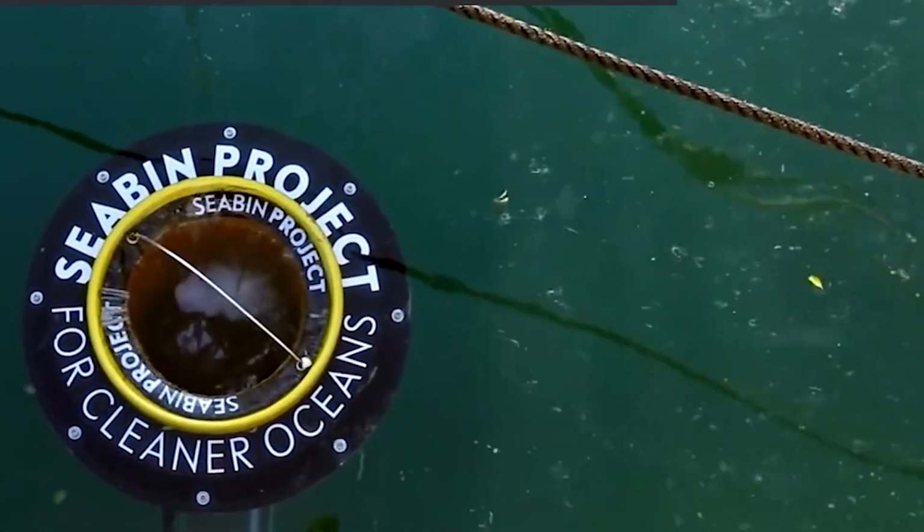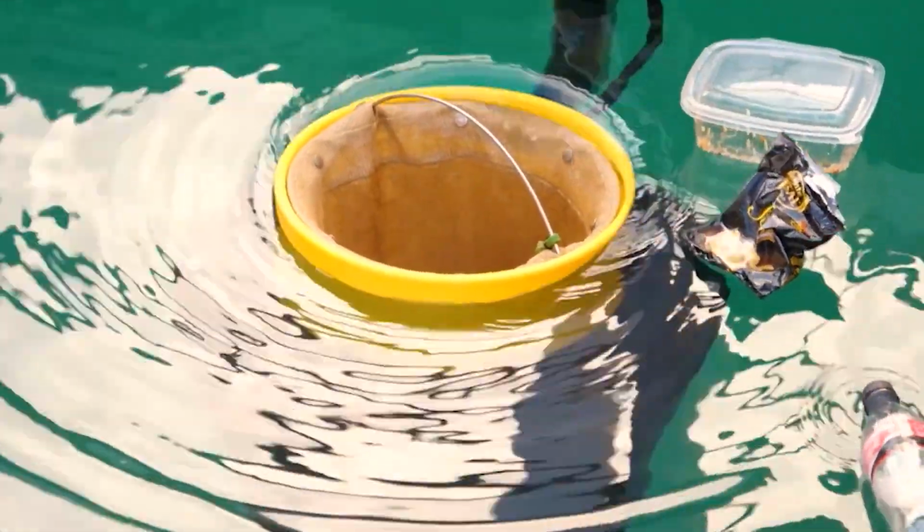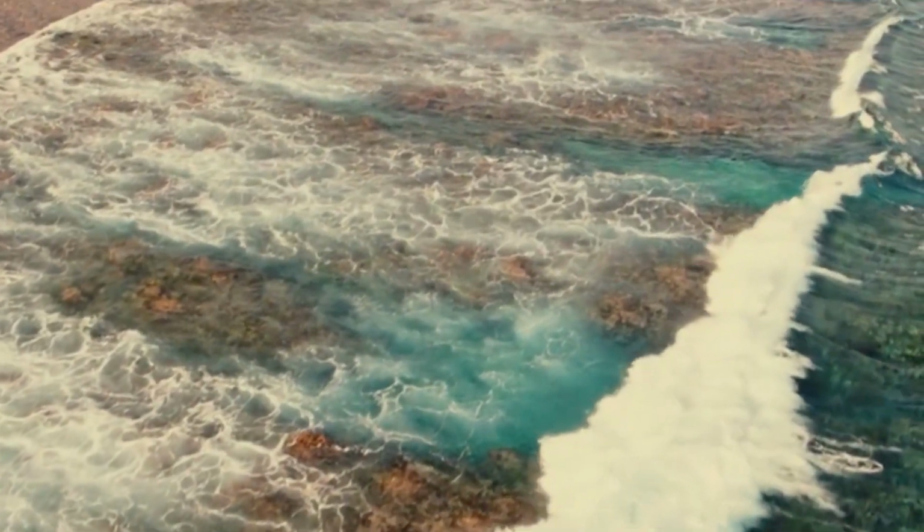As for any fish that may get sucked into the sea bin, we'll simply have to put them back home. We're sure they'll understand the slight inconvenience, especially once they realize it's been weeks since they've seen a plastic bag